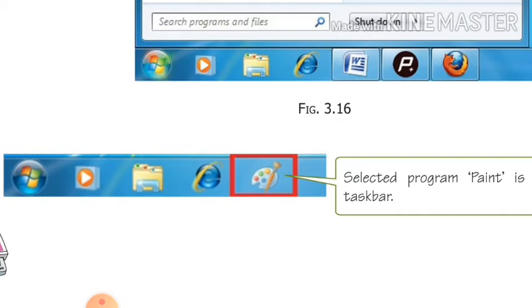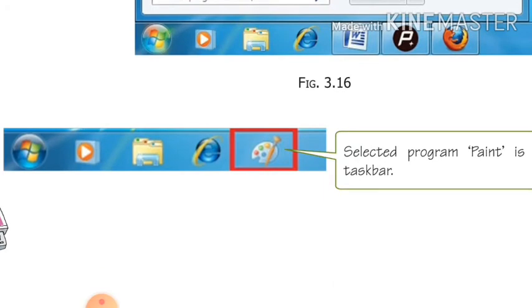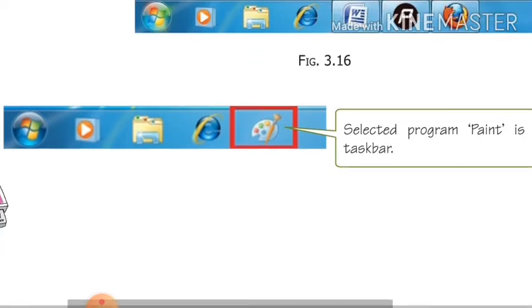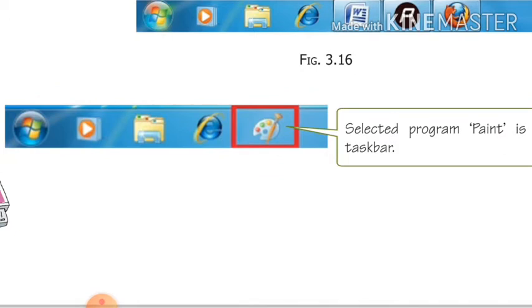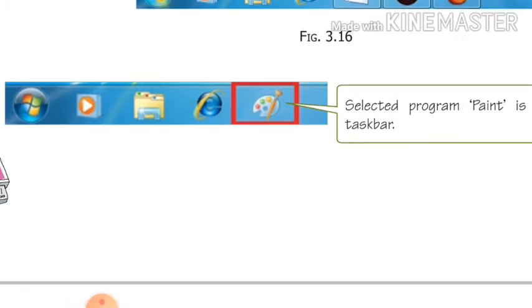Right click on the Paint program on your taskbar, and you will get a pop-up menu with unpin. Click on unpin, and you will see the pinned program is removed from the taskbar. You have learned how you can remove the programs that are pinned on your taskbar. Right click on the program that is pinned on your taskbar, then click on unpin, and your program will be removed from your taskbar.